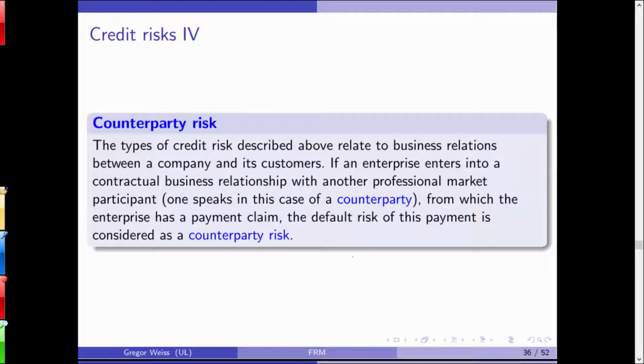And what is the problem now? First of all, you need to find a suitable counterparty. You need to find someone willing to enter this contract. That is not the difficult part. You will always have OTC exchanges that work like a news group or a trading place like this. The difference between a regular stock exchange and an OTC exchange is that in a stock exchange, in regulated markets, the payments and market entry are regulated and they are guaranteed. In an OTC trading place, this is more or less just a meeting place for large institutional investors.